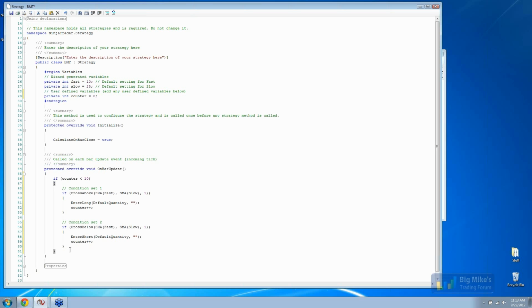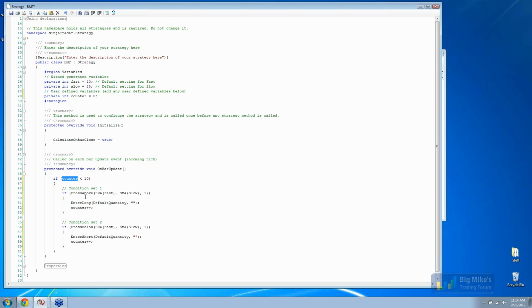Another thing that you want to note is that now we've told our strategy that we can only trade 10 times. But that's not really that useful right now, because the strategy actually calculates historical trades too. So if you're running your strategy on, let's say, a 5-day chart, the first day it probably already made those 10 trades, and then it would never trade again on day 4, day 3, day 2. What you want to do is reset this counter at the beginning of every